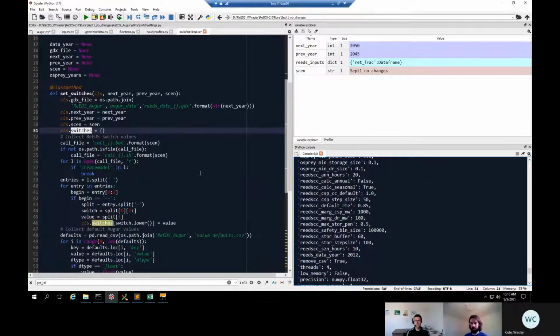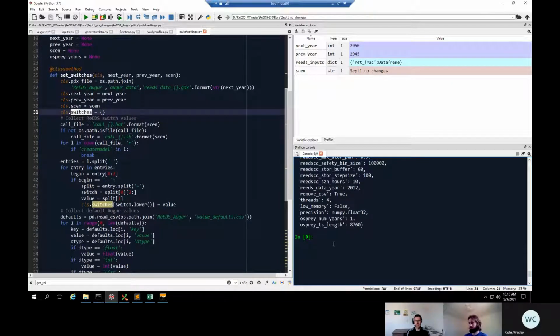Maybe there's some piece of Augur that I want to not run if that's off, so I would add an if settings switches and the key G switch storage. I can check and see if that is equal to 0 or if it's equal to 1, and